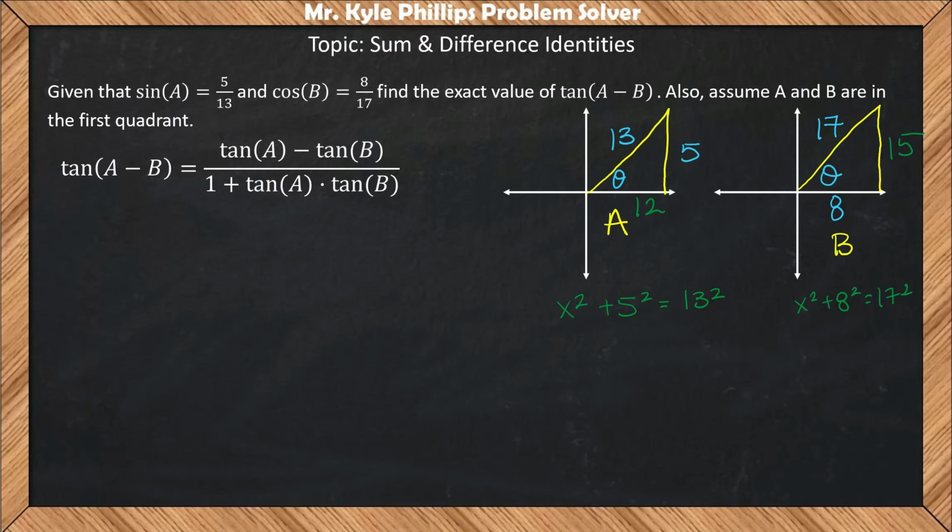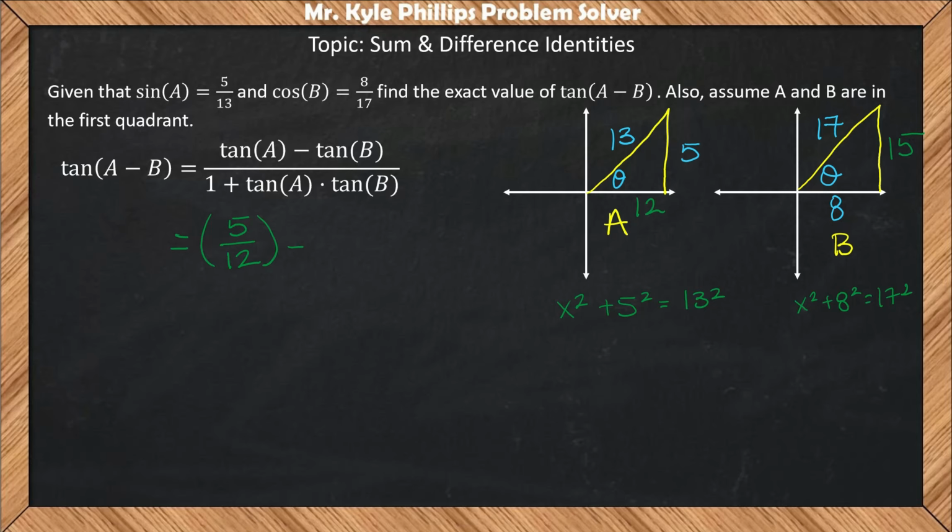So what we'll do now is, it says tangent of A minus B equals tangent of A minus tangent of B. So here we're going to just plug in our ratios from our triangles. So tangent of A, tangent we know is the opposite over the adjacent. So if I'm looking here at triangle A, and then here's my reference angle, the opposite leg is 5 and the adjacent leg is 12. So tangent of A is the same as 5/12